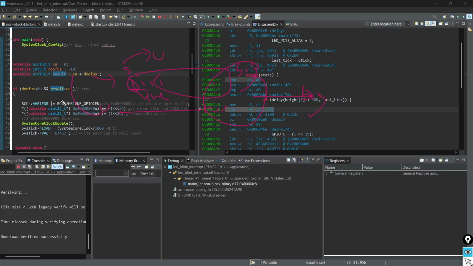Okay. So clearly this is true. And here Doofus is signed, you can see, and zero is unsigned. So this is also treated as unsigned, and its value jumps to some big number. So obviously this is true as well.